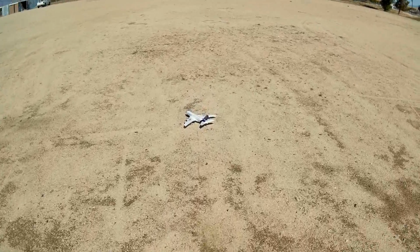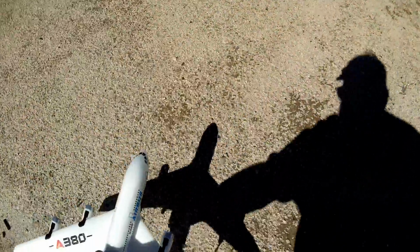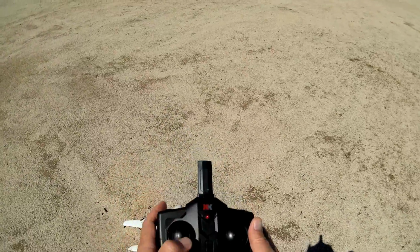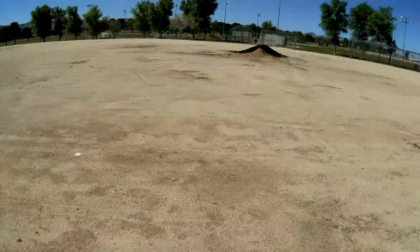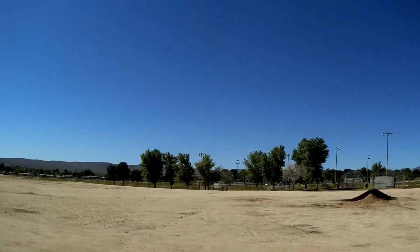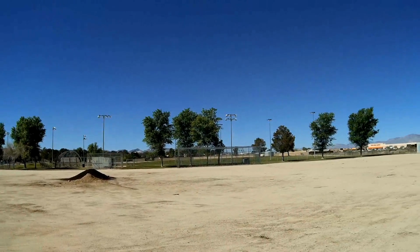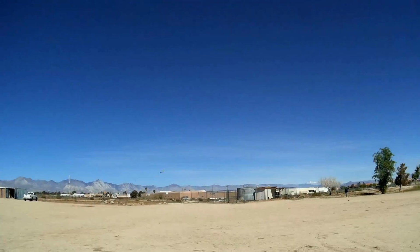We'll go over to it and turn it off, turn the controller off, turn it back on, put it on a flat surface, rebinding the controller up and down, and we got throttle. We're good to go. And let's try it again. This time I'll throw it in this direction. So there we go. But yeah, I'm needing to give it a lot more throttle here, so that battery is